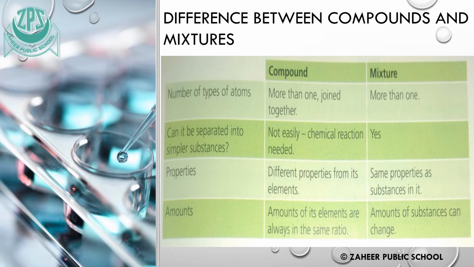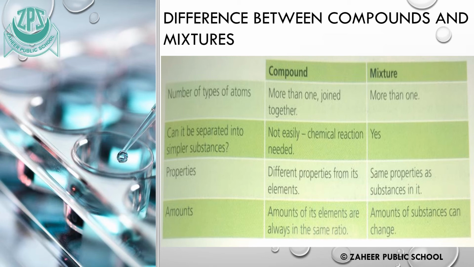The difference between the compounds and the mixtures. With the help of this table, you can easily know the differences between the compounds and the mixtures. For the compounds, there is more than one type of atom and they are joined together, whereas in the case of the mixture, there is also more than one type of atom, but they are not joined together. And in the case of the compounds, they cannot be easily separated into simpler substances,